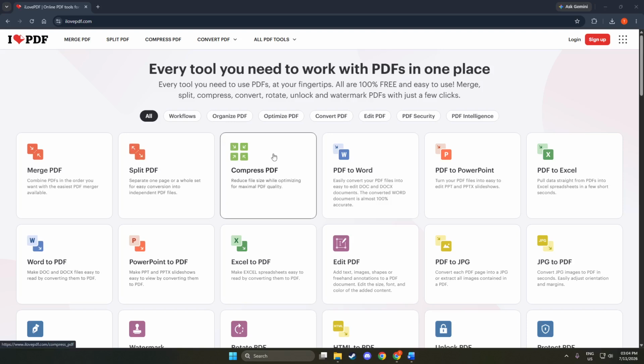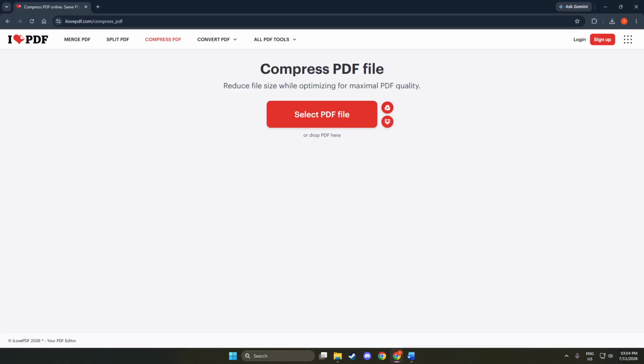You will see a clean interface that is user-friendly. This initial step is crucial because it sets the stage for the entire process. Having the right tool accessible makes the next steps much smoother.